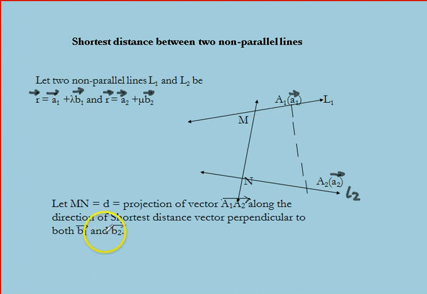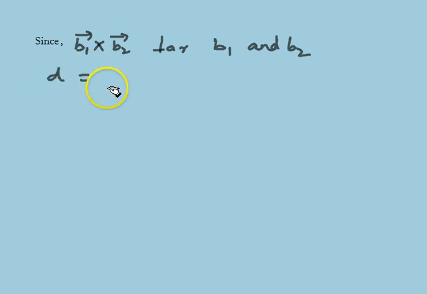Now we know that since the cross product of vector b1 and b2, that is vector b1 into vector b2, is perpendicular to both b1 and b2, which implies that D, which is the distance between the two non-parallel lines, is equal to the modulus of